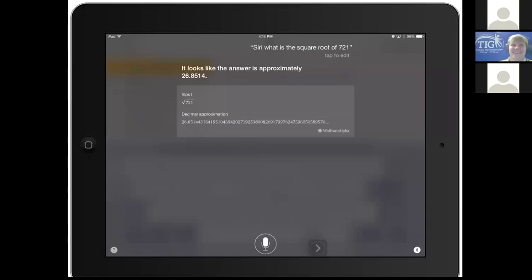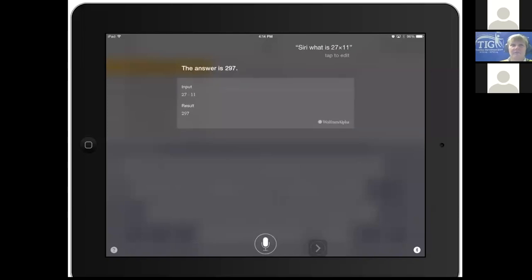But it tells you so, but I could do something like, Siri, what is 27 times 11? Let me have a look. The answer is 297. And if I asked a simpler kind of question where it could bar graph it, it would actually show me that. So I can use it for curriculum, I can use it to open apps, I can use it for maps,